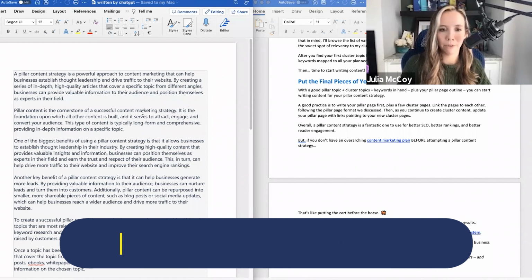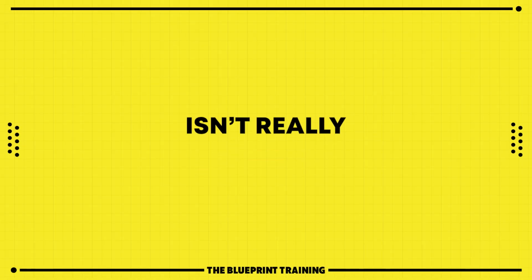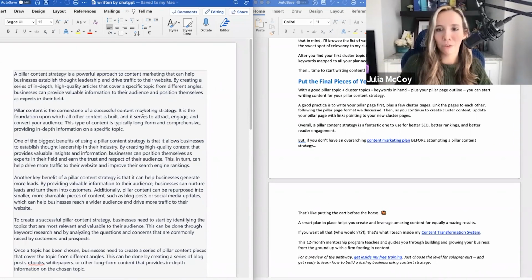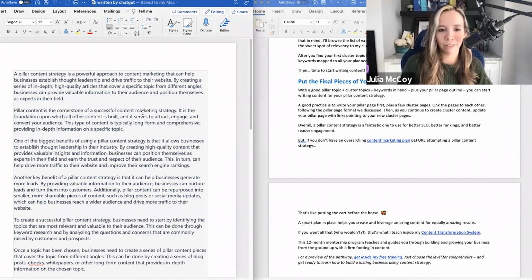I've seen that problem so glossed over, so ignored, because let's face it, a lot of us just want to get content done. But content that's just done isn't really going to perform. It's content that's done really well that's going to perform. We can't forget that. We can't create content just for the sake of content. It's not going to work. And I tested this over and over. Even the short form tweets had the lowest engagement out of my entire Twitter this week, out of just me posting nonsense.